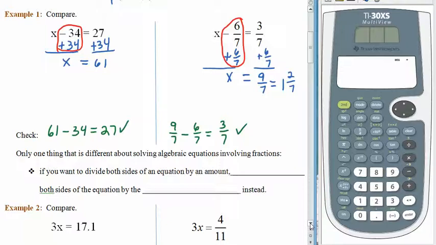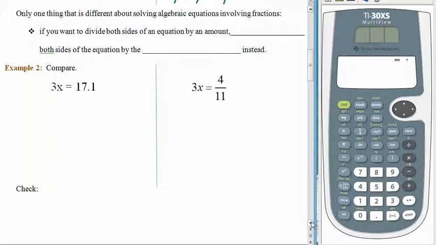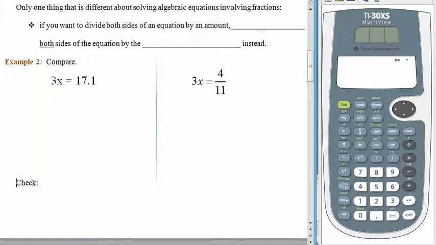The only thing that changes, so let's slide down to the bottom of the page here. There is one tiny difference, and it's really just a difference that makes things easier to work with. You already know that dividing is exactly the same as multiplying by a reciprocal. So with fractions, like we saw in the last lesson, it's sometimes handier to multiply by a reciprocal rather than to divide by a fraction. All right, so here we go. If you want to divide both sides of an equation by an amount, what we're going to do is multiply both sides of the equation by the reciprocal